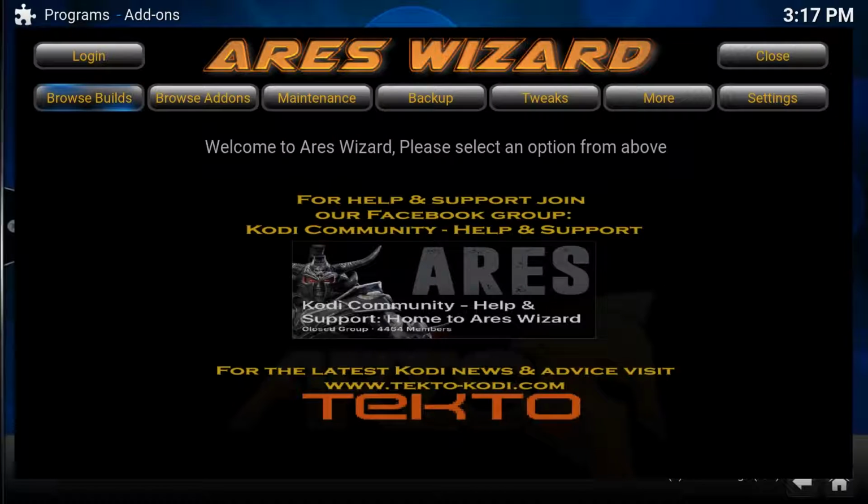And here we go. Basically, it's a little ugly looking. I'm not going to blow the trumpet on that one. But as you can see, there's loads of different things that you can do. It's a bit of a, like I said, it's a wizard. It can be utilized to clean up, to change things within your KODI setup. It's a lot more advanced and user-friendly than before. One of the main things is